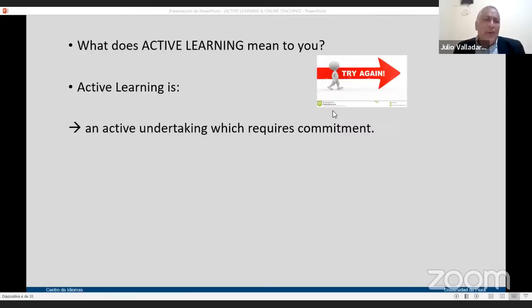And then I asked, am I committed, or was I committed? Well, I asked myself, am I committed to this? It was difficult for me. Imagine for students. Yes, and commitment for learning. That's why, what for? Am I really learning? Yes, commitment, active. Why? Because as you mentioned, yes,